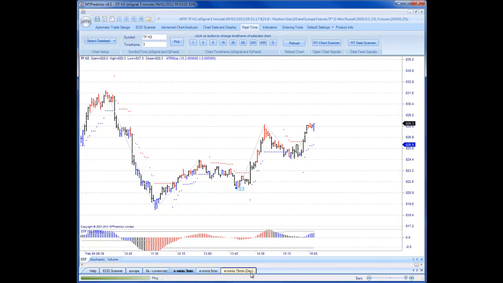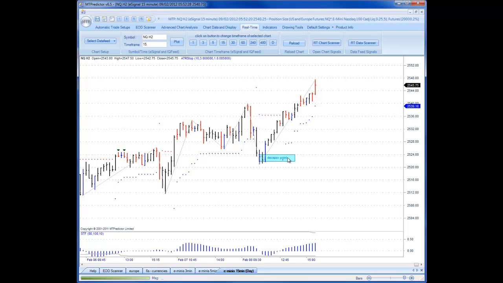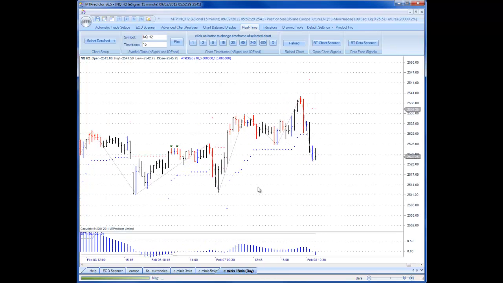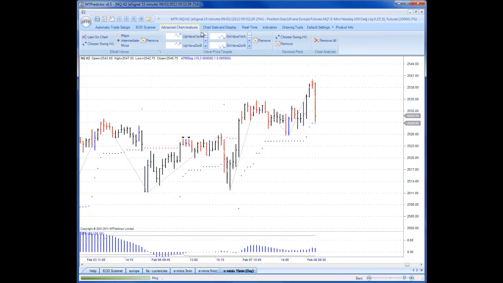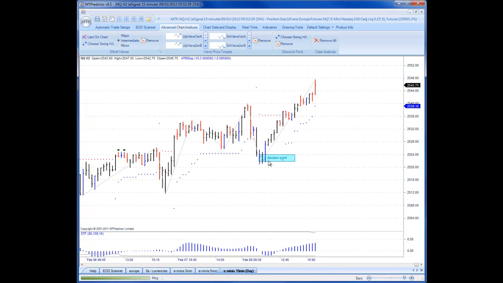For this we'll go to the 15-minute chart. It's what we always do. We look to the large degree time frame first and foremost. I'll just take these off. Now, what we had in our webinar yesterday as an example was the NQ. Even before the market opened yesterday, we had our decision point tool, which was dead easy to use. We just click on the prior pivot low, which was here, and as you can see, this decision point level is on the chart in advance before the market gets there. If we scroll forward, you can see that this actually nailed the very low of the day on the NQ